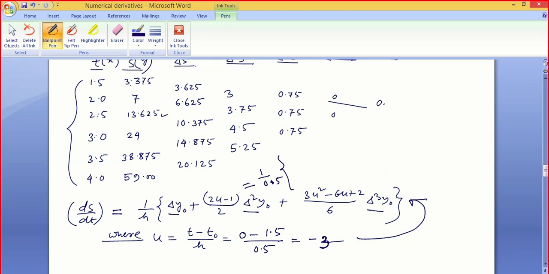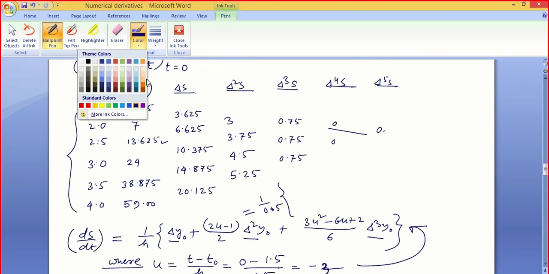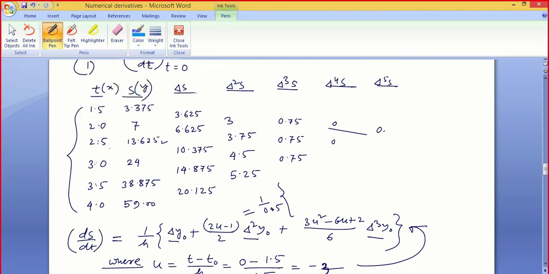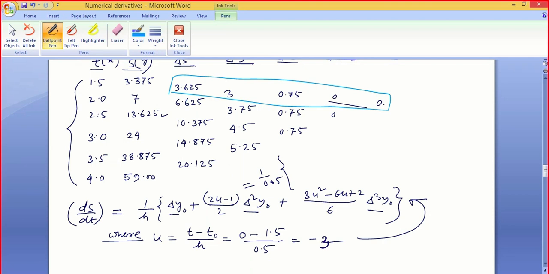Del y0 means the first value. In the upper diagonal elements, you tell me these values I need to construct the formula. Upper diagonal. So your 1 by h del y0 means this value,